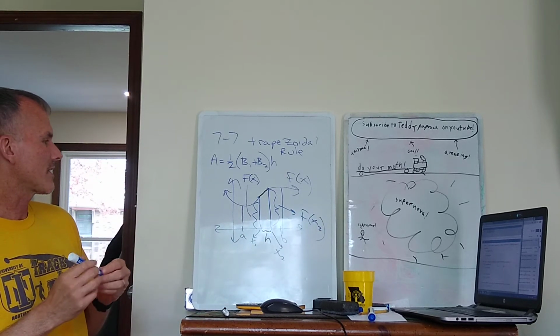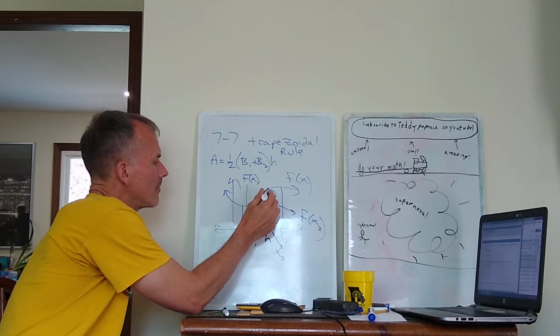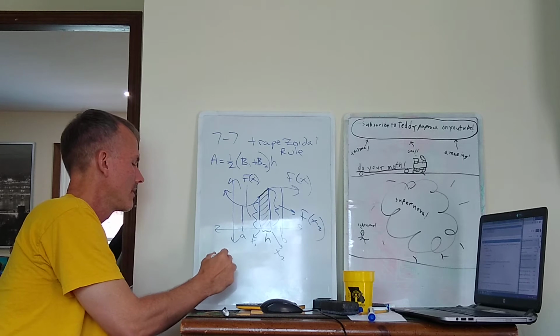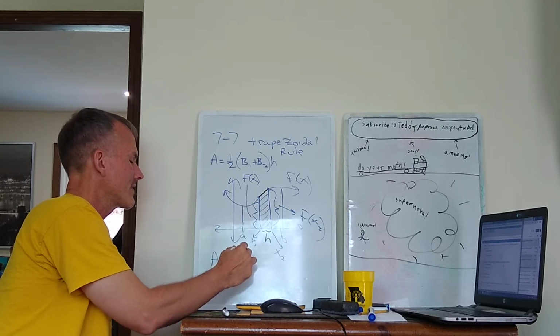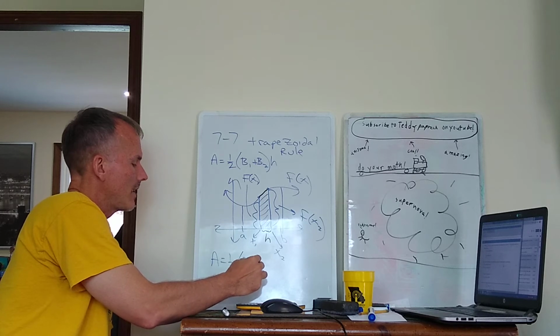And if I wanted to write an expression for the area of that trapezoid that I have here, the area of this trapezoid, it would be 1/2 times f of x sub 1,